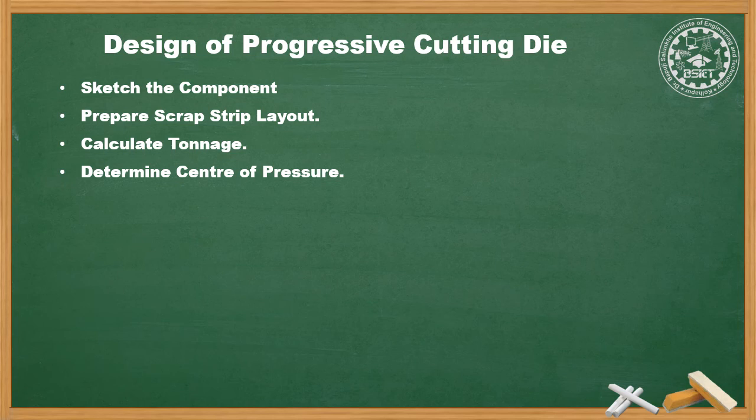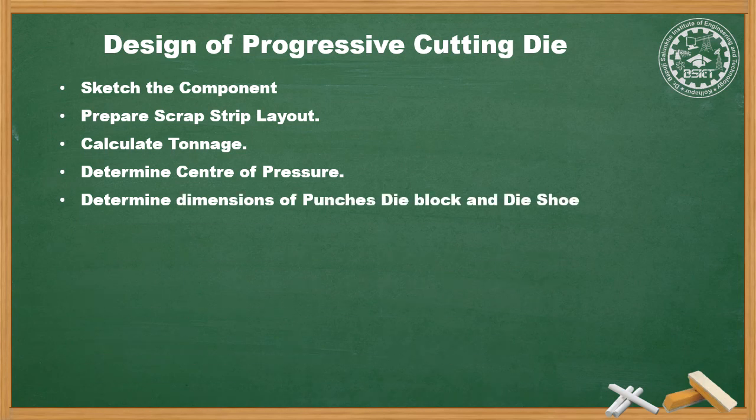To avoid misalignment, the center of pressure of the shearing action of the die must be found while laying out the punch position on the punch holder. It should be ensured that the center line of the press ram passes exactly through the center of pressure of the blank. That is, calculate the center of pressure of the workpiece.